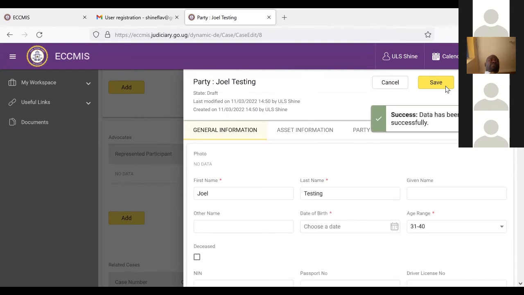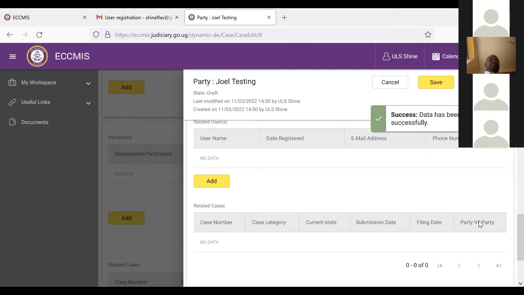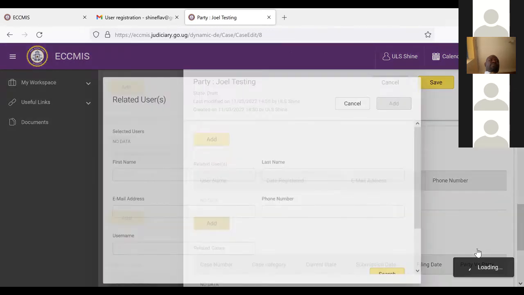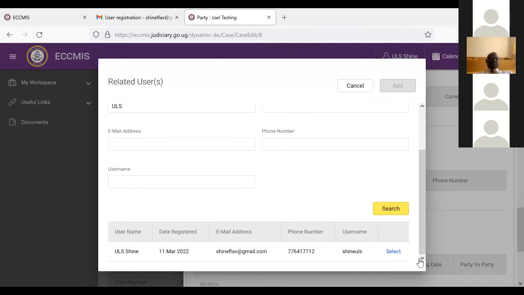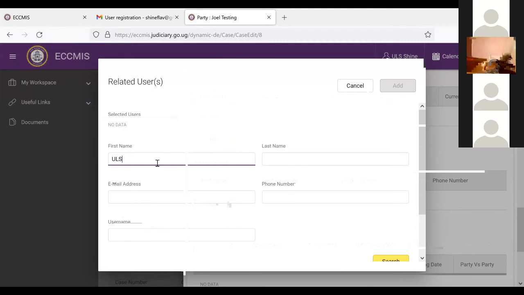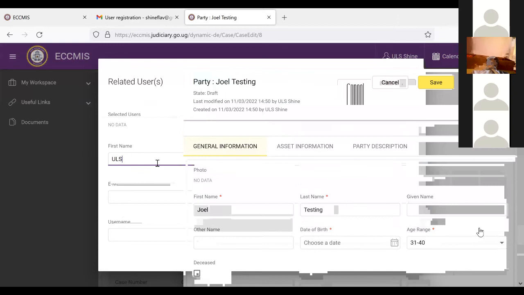So when you save, you are going to come and relate yourself to the person that you're representing. So we have ULS Shine. So we are going to relate ourselves to this account, implying we are representing that party. So when we save and close,